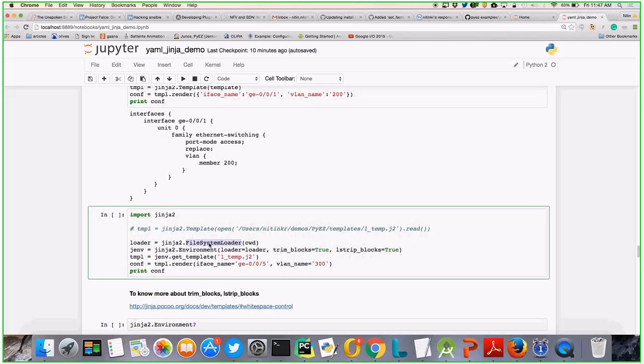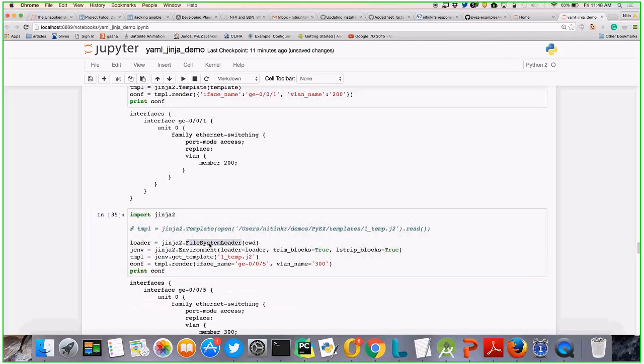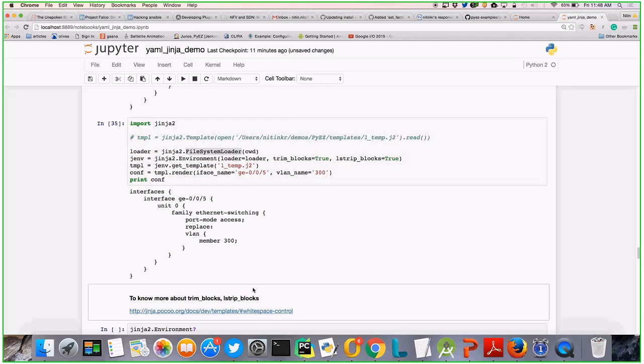Then these are some of the variables I'll explain to you. This loader you need to feed into a Jinja environment. Now, with get_template, I'm telling it from this folder I want to use this template.j2, and then do render. The way we did before, similarly it will give me an output. So you can have your Jinja template in your code itself as a string, or you can put it in any other file and read it, or create an environment and start using it.